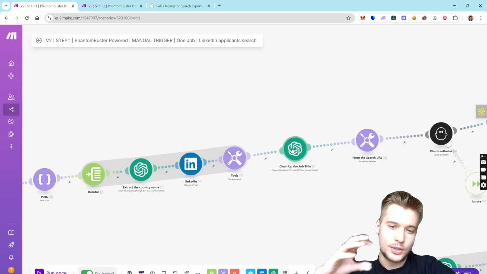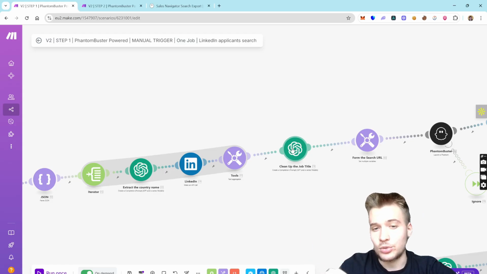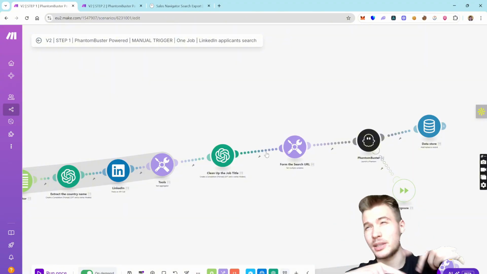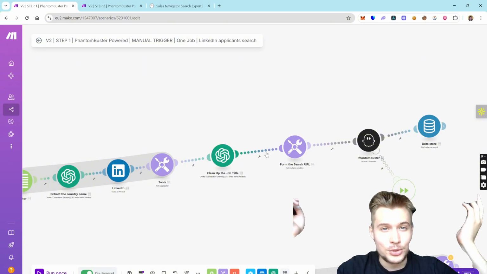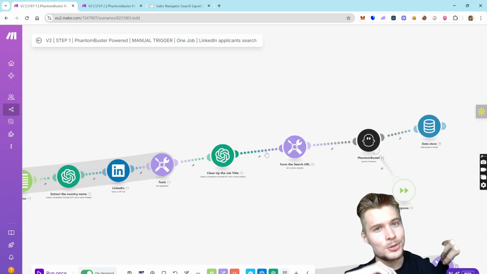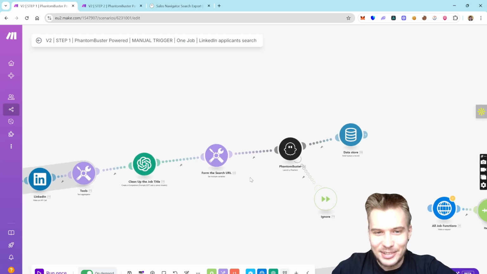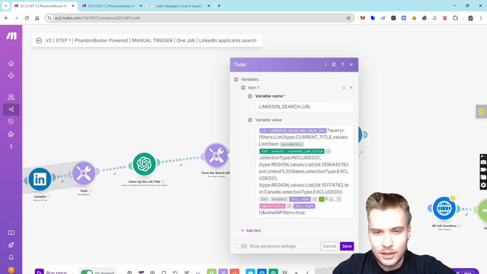Then there is the extra AI module to clean up the job title just in case there are any typos. Sometimes it happens, especially in the older databases, which I know it sounds freaky, but in the older databases which were formed by humans. And yeah, we finally have the search URL,